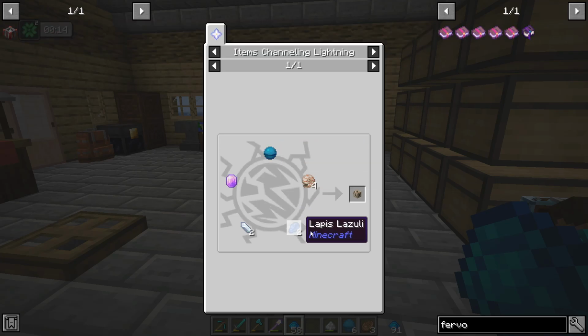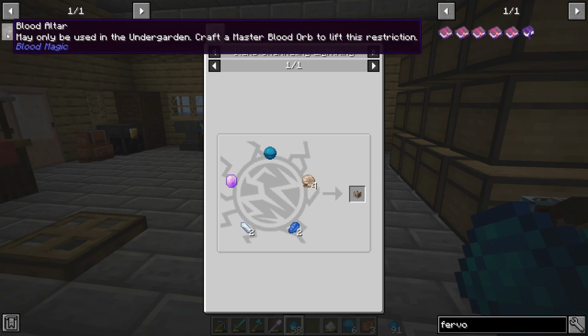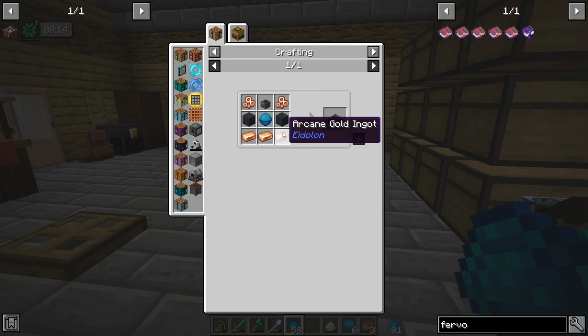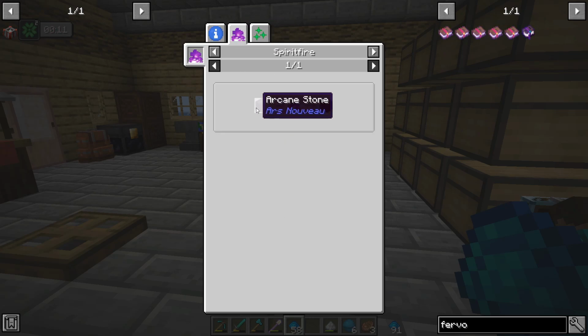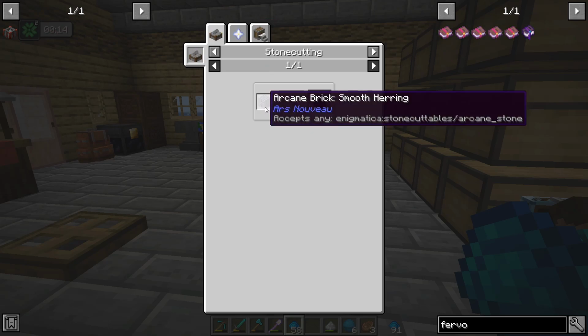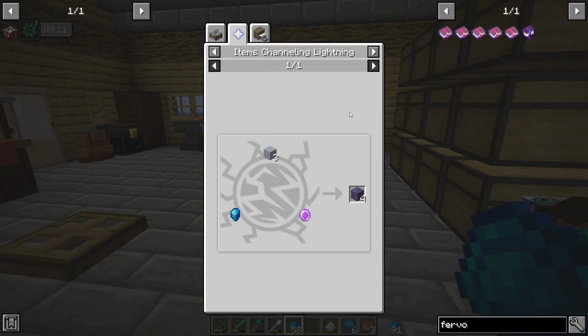I'll bulk craft a bunch of these so we can craft a whole bunch of conduits all in one go. But arcane gold, and other stone. Primarily found in overworld groves. Only visible while the status third eye is active. See Dictionary of Spirits for more information. Well, we need arcane stone, which...